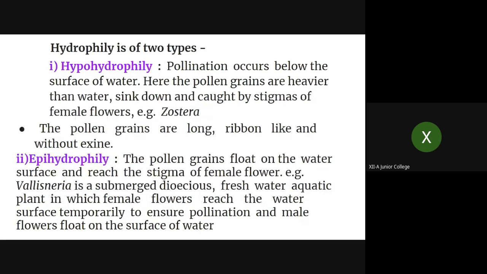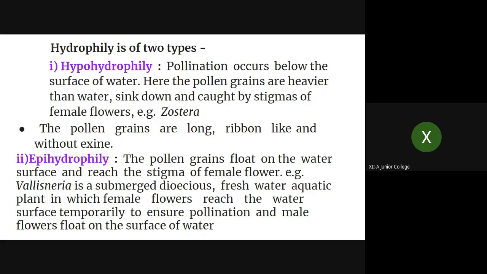Now, for example, in case of Vallisneria, the given example is Vallisneria, that is a submerged dioecious freshwater aquatic plant. Dioecious means the male plant is different, the female plant is different. It is a freshwater aquatic plant, Vallisneria. What happens then? In the male plant, the pollen grains are lightweight, so they float on the water